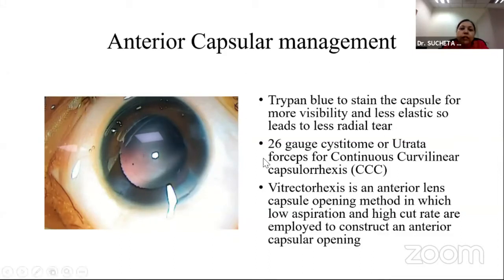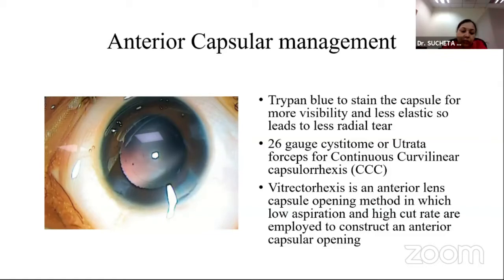So most important is that you go about with either a cystitome or an Utrata forceps to do a complete continuous curvilinear capsulorhexis, which is a must in all cases of pediatric cataracts. Very important in these cases, you have to give high viscoelastic in all of these cases. I'll be showing it in a video. And you have to make a smaller opening, and then you have to keep on